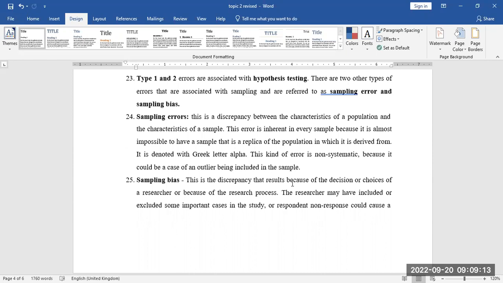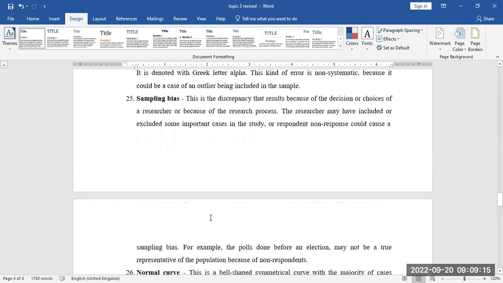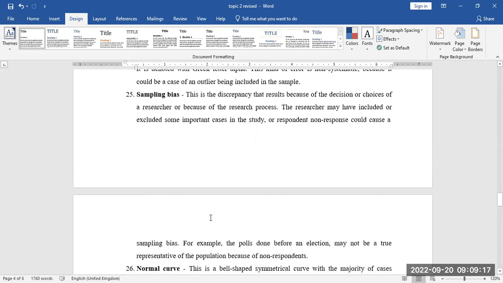Then we also have sampling bias. This is the discrepancy that results because of the decisions or choices of a researcher. For example, you go to, say, for example, this